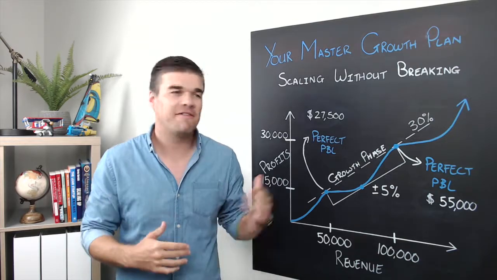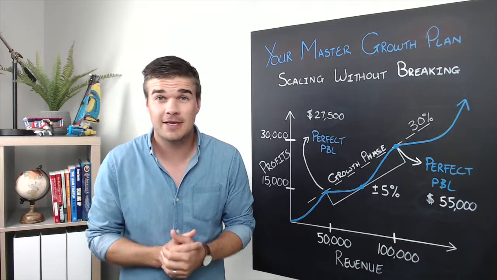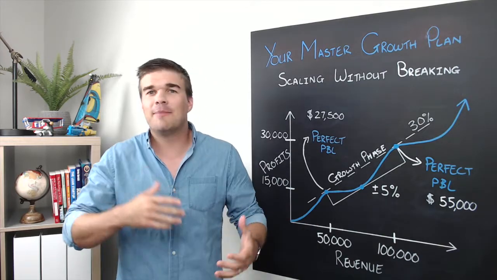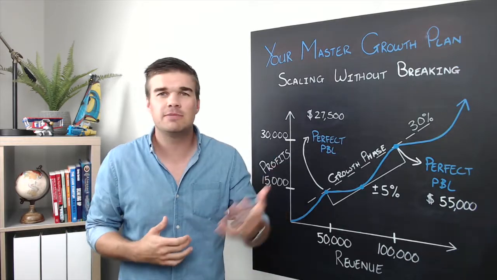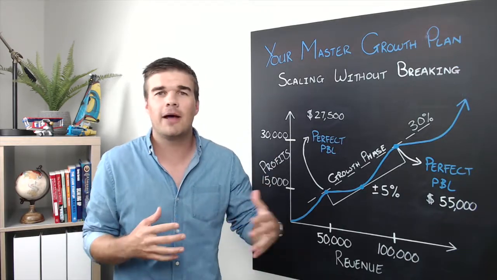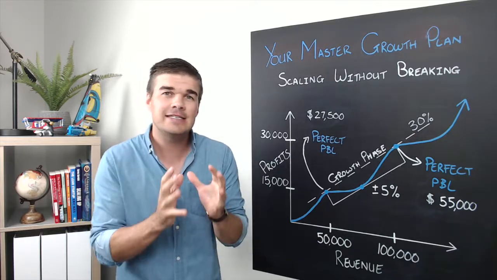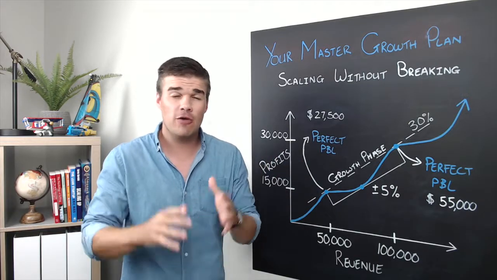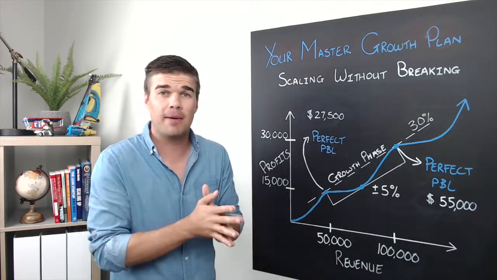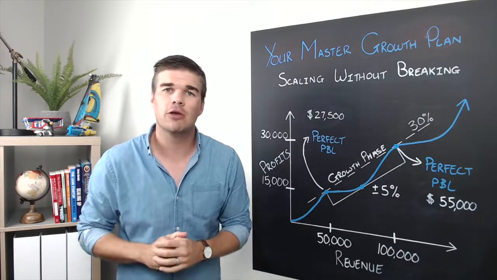This is by far my favorite topic to be talking about, and also the topic that I get asked the most questions about. And the questions are always like, how much money should I be spending on advertising? Or how much money should I be spending on my team? If I want to increase my revenue, how do I know how to go about that in terms of my expenses? Those are really, really important questions. And understanding what your growth plan is and how it works will give you a very clear guideline and roadmap around making those decisions to ensure that as you scale, you don't break your business.